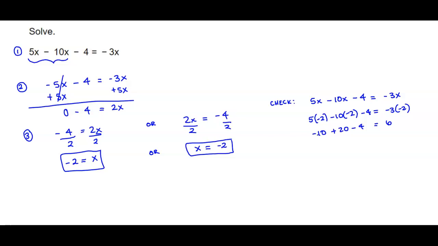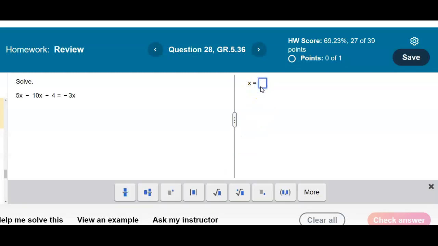Now, if we take negative 10 and add 20, it's going to give us positive 10 minus 4. And 10 minus 4 is equal to 6, which means 6 equals 6. Therefore, our result is correct. So the answer here is going to be negative